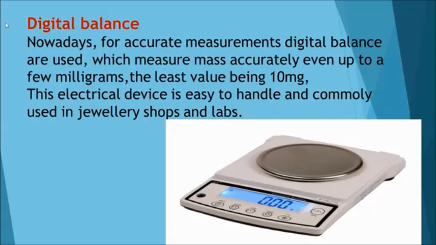Next, we are going to see about the spring balance. This balance helps us to find the weight of an object. It consists of a spring fixed at one end and a hook attached to a rod at the other end. It works by Hooke's law, which states that the addition of weight produces a proportional increase in the length of the spring. A pointer is attached to the rod, which slides over a graduated scale on the right. The spring extends according to the weight attached to the hook, and the pointer reaches the value of the object on the scale.